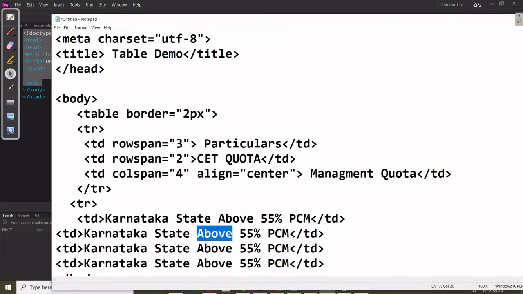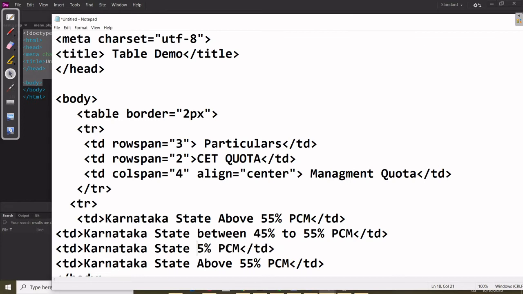So this is the between 45% to 55%. Okay, this is the below. Otherwise you can write here 45% only, and this is the below 45% you can write, right?